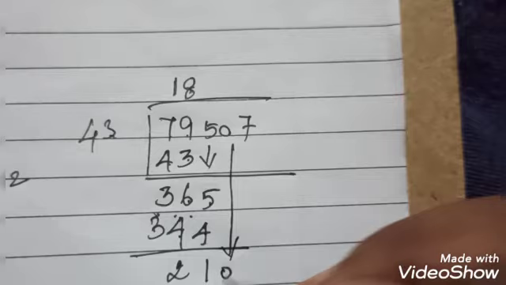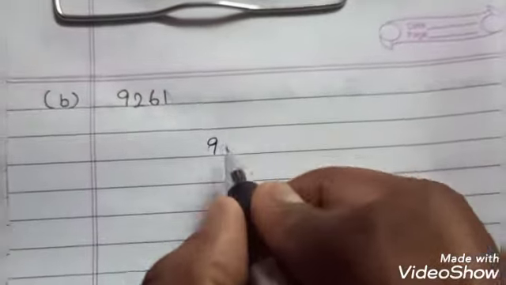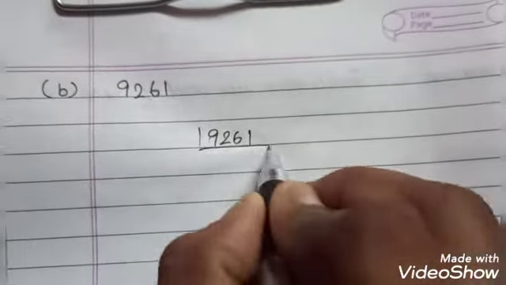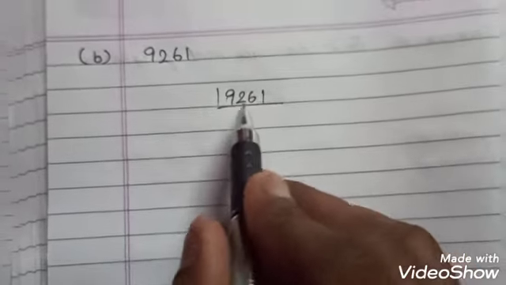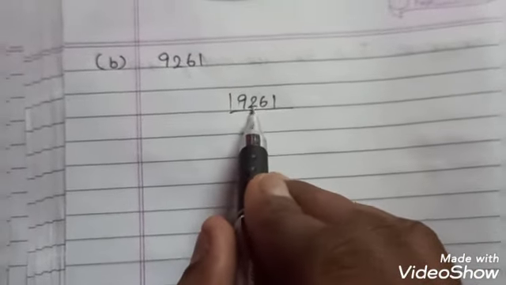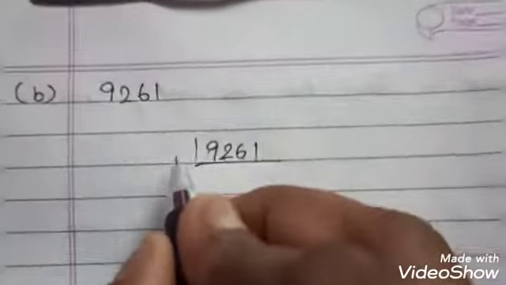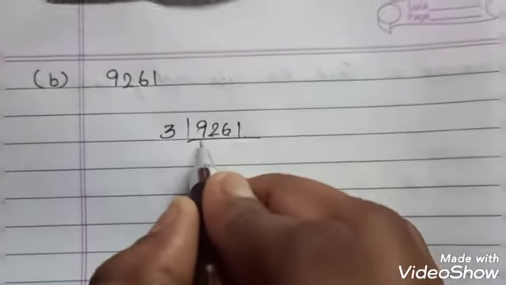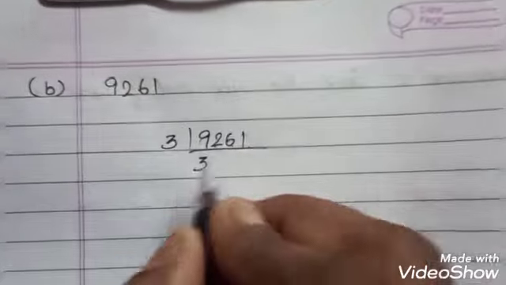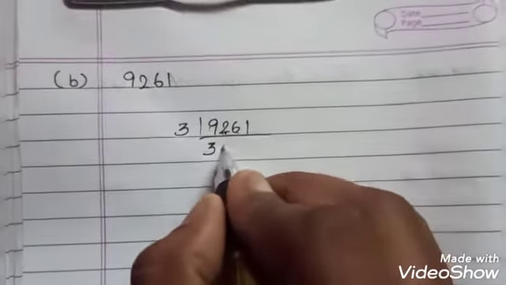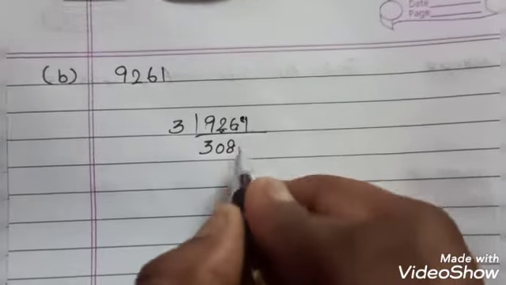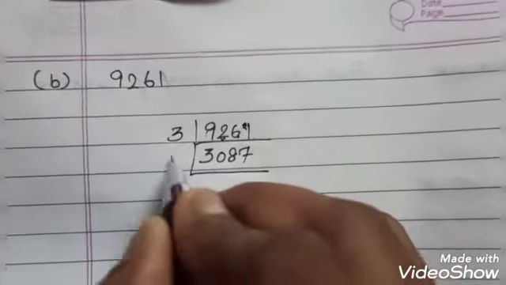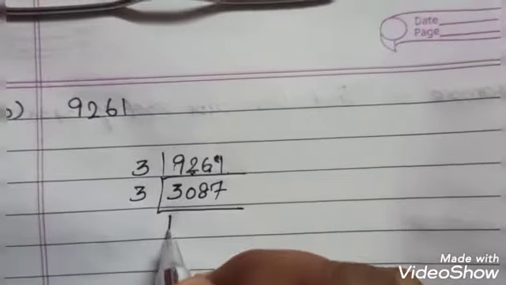So now we move on to the second question. 9,261 by prime factorization. A number that ends with 1 is unable to be divisible by 2. You just add 9 plus 2, 11, 17, 18. So it is very easy to divide by 3. So 3 means how many times? 3 times. And 2 it is impossible. You put 0 and take this 6, 26, 8 times. And remaining 2, 7 3s are 21. So 3 1s are 3.